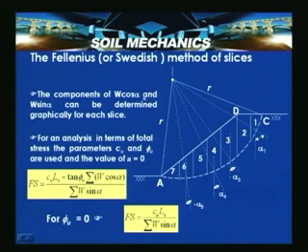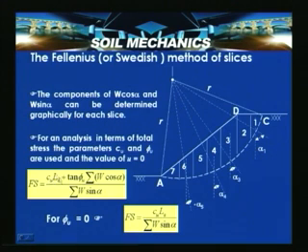So, the components of W cos alpha and W sin alpha can be determined graphically for each slice. For an analysis in terms of total stresses, the parameters Cu and phi u are used and the value of u is equal to 0. That means that assuming Cu and phi u are considered for the total stress condition, that indicates undrained condition. So, for the case of undrained condition, we can write factor of safety as Cu into LEA,